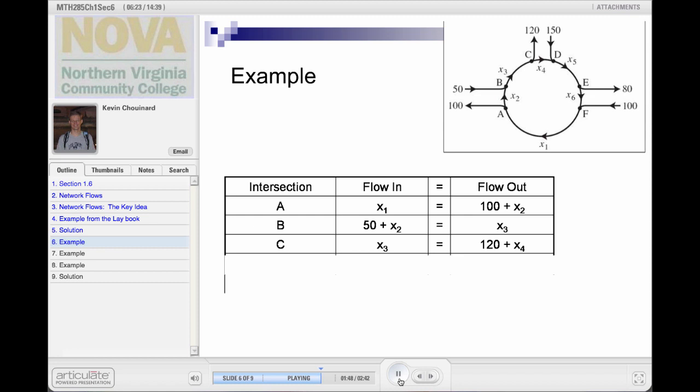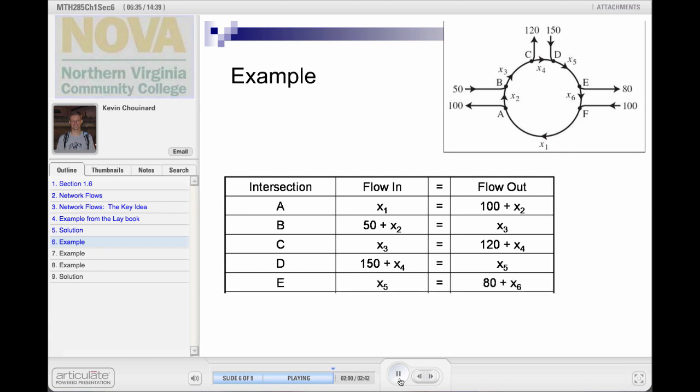For junction D, we have 150 and x sub 4 coming in. We have x sub 5 flowing out. 2 more equations. The one for E, we have x sub 5 coming in, and 80 and x sub 6, that's a nice tongue twister, going out. And finally, for junction F, we have x sub 6 and 100 flowing in, and we have x sub 1 flowing out. So here are the 6 equations